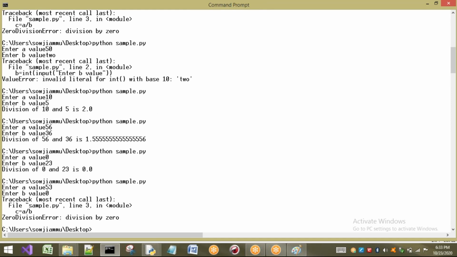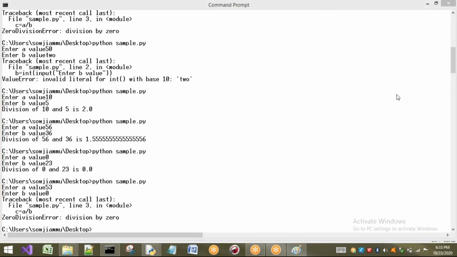Why do we call this an exception? Except 0, we get all outputs correct. So we call it an exception. This is a small example to make you understand exceptions.